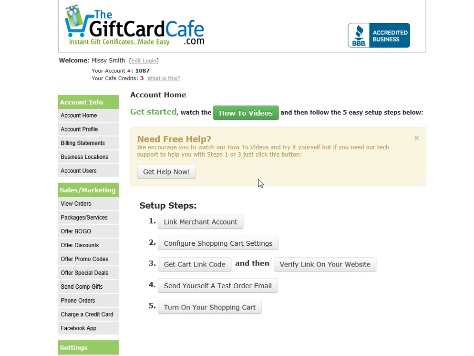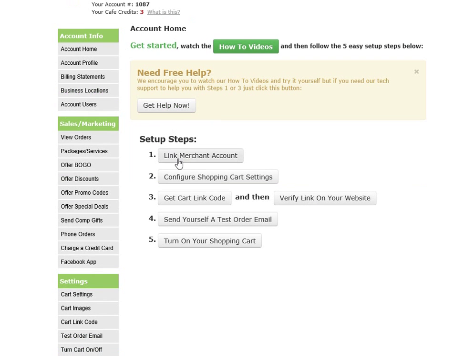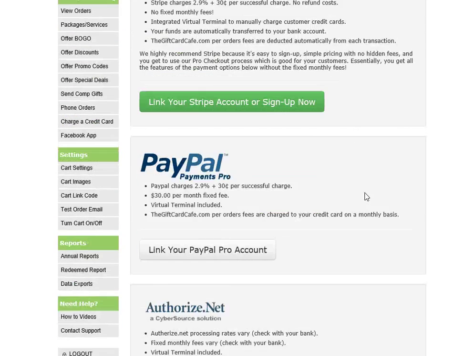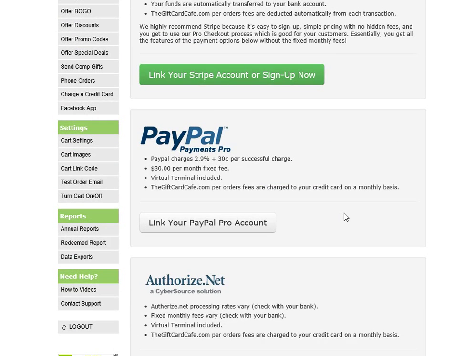So I'm in my new account here, and you'll see I have my 5 setup steps that I have to complete. We have videos for each one of these steps, but we're specifically talking about step one, linking my merchant account. So I'm going to click here. And you're going to see we have a couple of options for merchant accounts, but we're specifically talking about PayPal Payments Pro. And before I move it forward, I just want to clarify